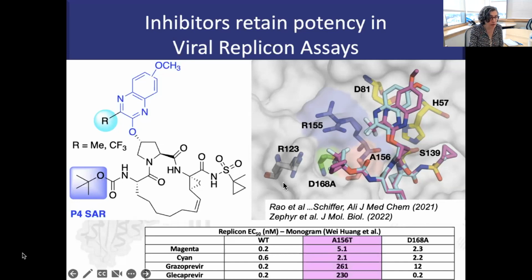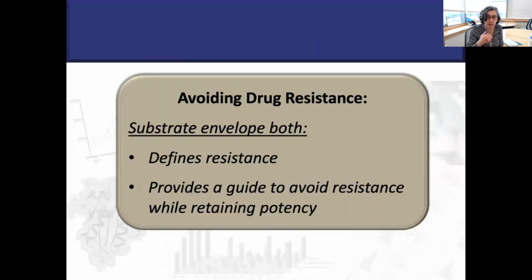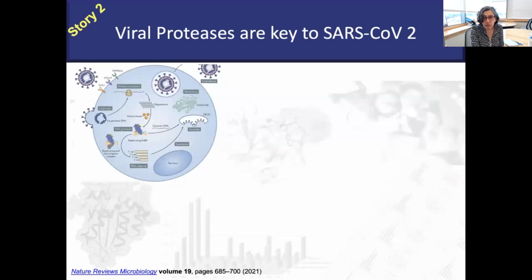So the idea of the substrate envelope can both define resistance, but also provide the guide for avoiding resistance while retaining potency. So I'm going to move on to talking about SARS-CoV-2, and this audience needs really no introduction to